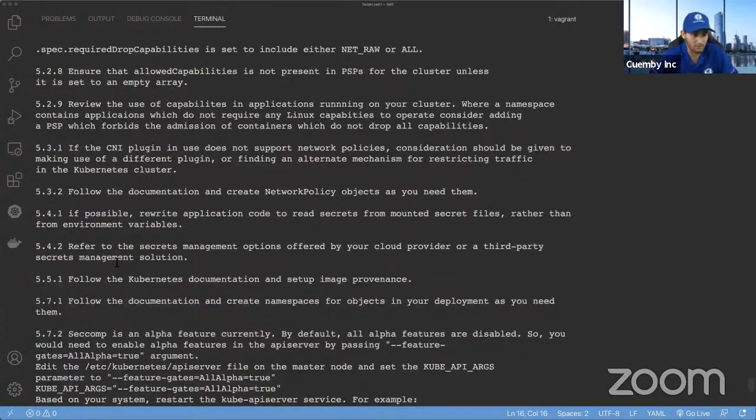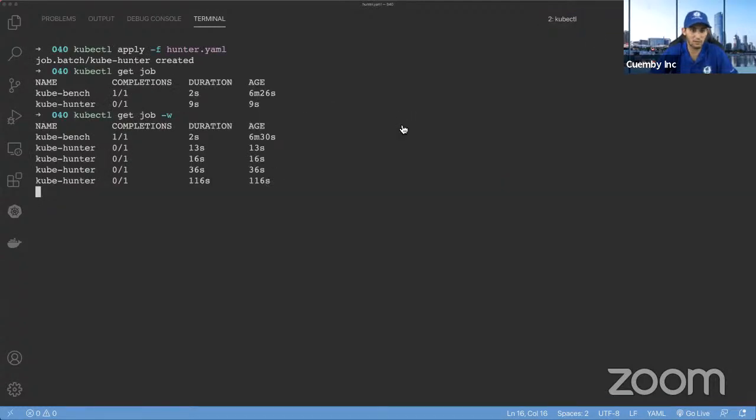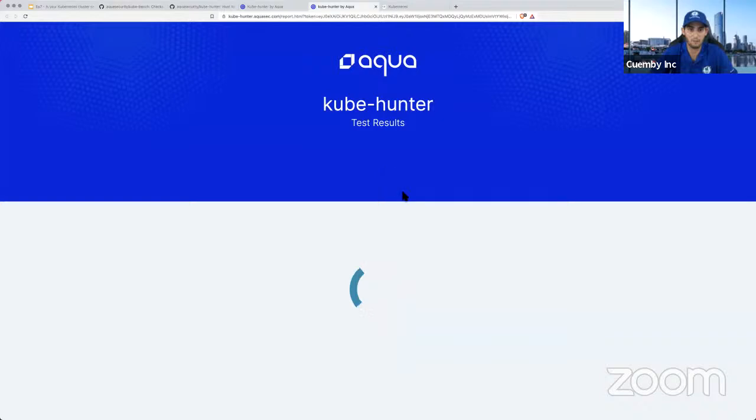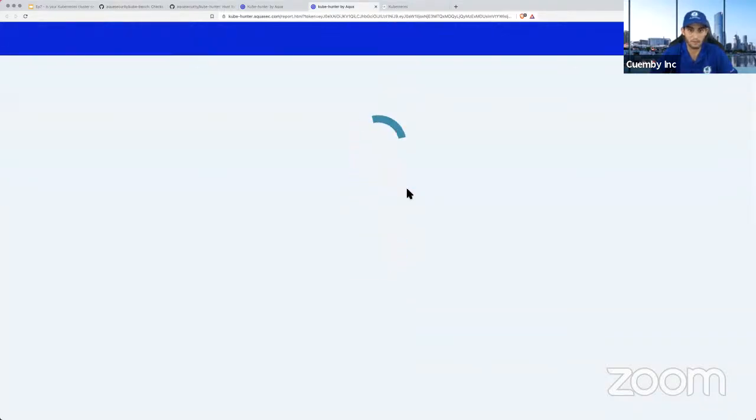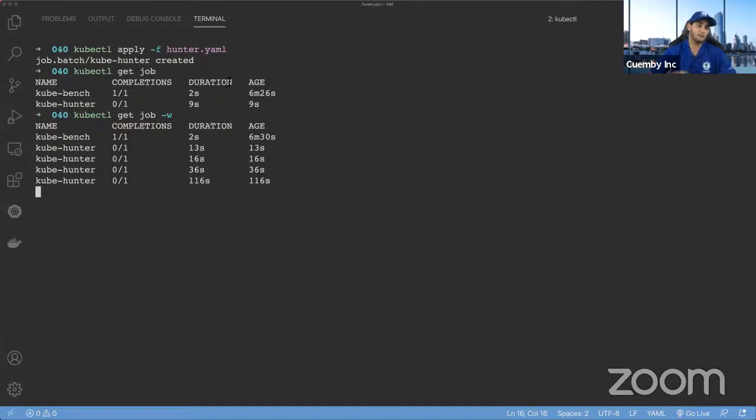And then of course I wanted to show you about the Kube Hunter, which is not finished yet. So let's see if we're getting some information. Like I said, this is maybe the right time to ask questions, because we don't have information just yet. But we might soon, hopefully, because the job hasn't finished. So I don't know if I should be worried because the job hasn't finished, and maybe it's like this a lot, or it's just because it takes time to do a more detailed checking in multiple ways. That's what I'm trying to figure out.